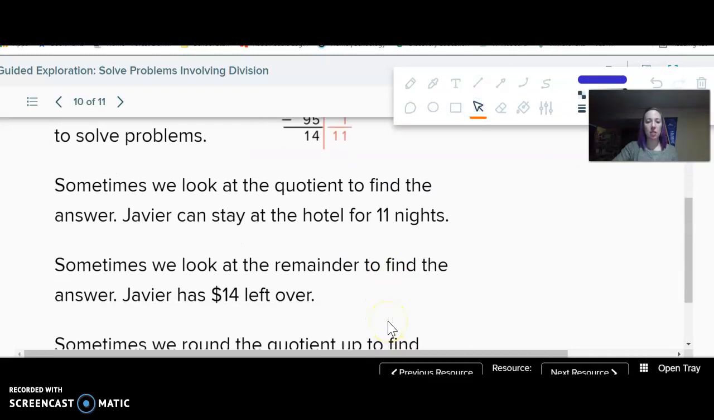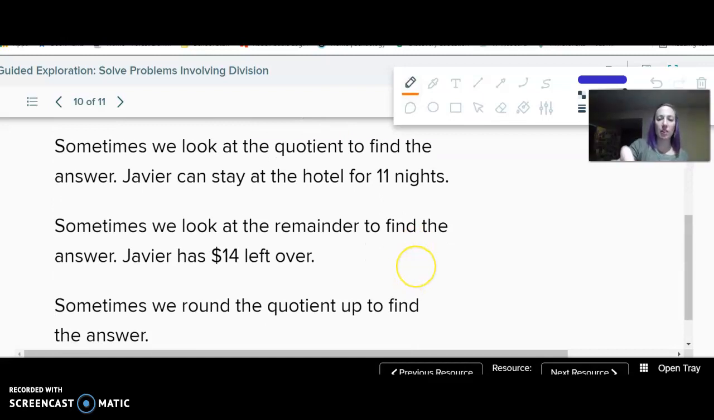Sometimes the answer is the remainder. That's the next blank. It might say, if it costs this much, how much will he have left over? And then we would say $14. And we would ignore the 11 nights because that's not what they asked. We would just give the remainder as our answer. And then sometimes we round the quotient up to find the answer, or what I'd like you to write on your notes, sometimes the answer is the quotient